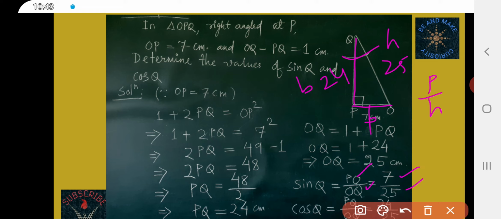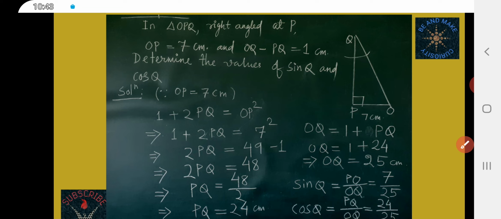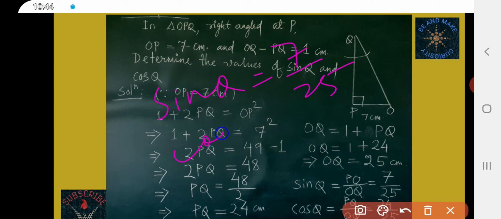Okay, similarly cos Q is B by H, here B is PQ by H, OQ. Okay, PQ is how much? 24 and OQ 25. So sin Q is equal to 7 by 25 and cos Q is equal to 24 by 25. Okay,